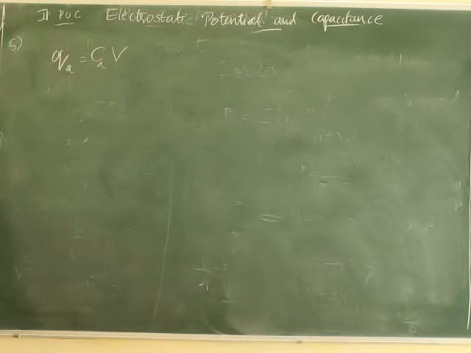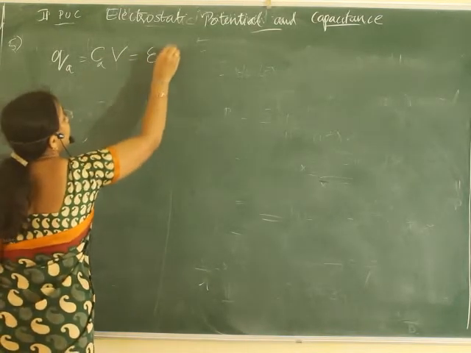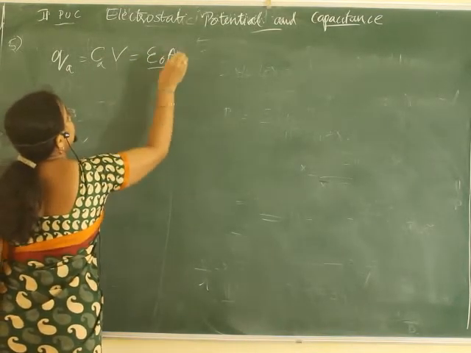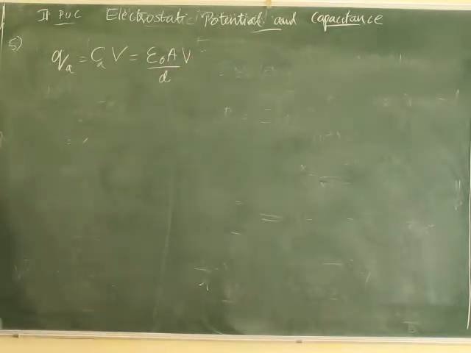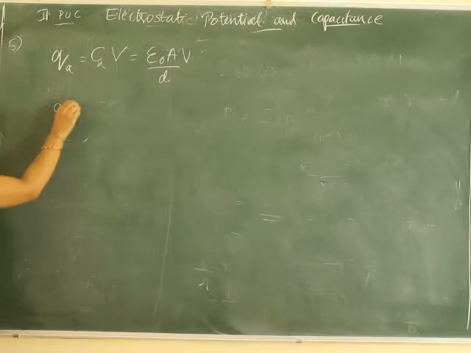In the place of C, capacitance is nothing but epsilon naught A by D. Correct? If it is a dielectric, then